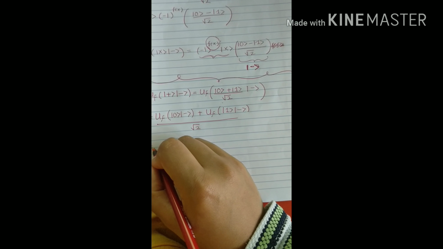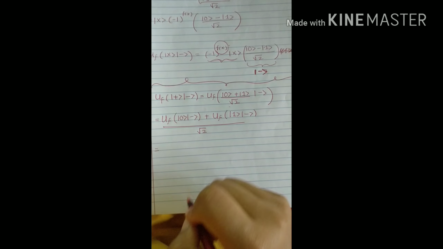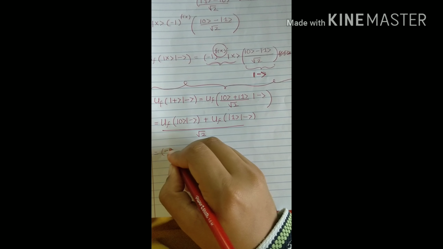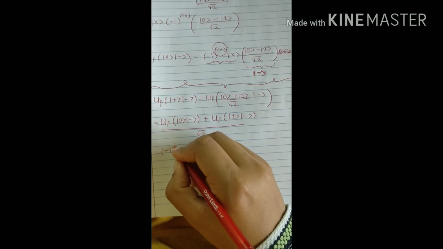And going off of our result from before, we have that this is going to equal negative 1 f of 0